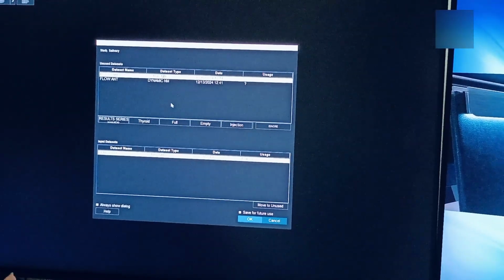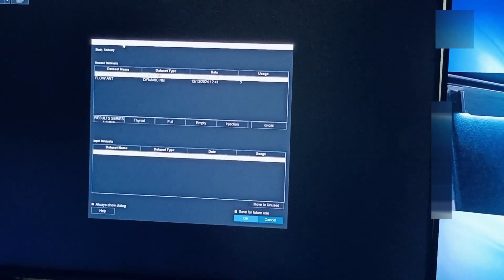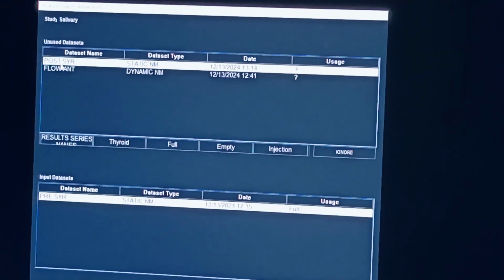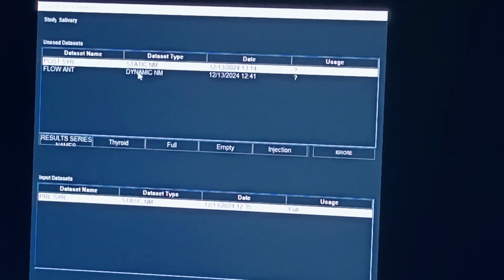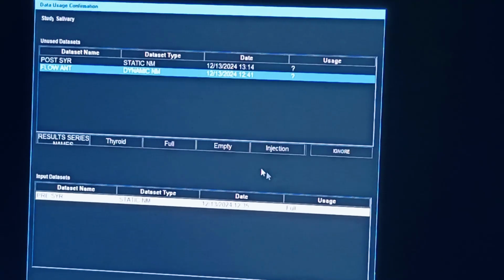Because you selected always, now you can see this data usage confirmation. Here you can see under the input only pre-syringe is there. The other series are on the top, that is under the unused. So what you have to do is select this dynamic series and then click